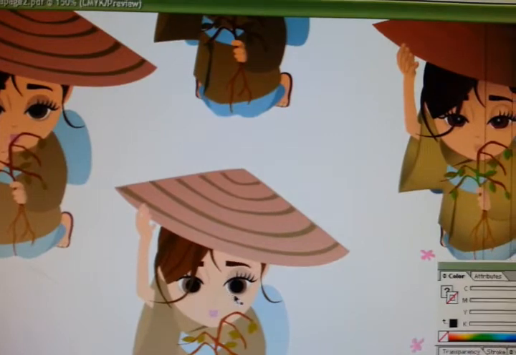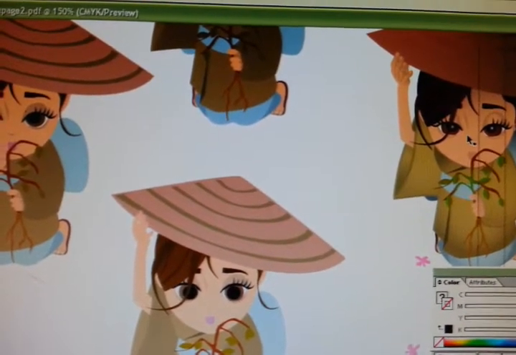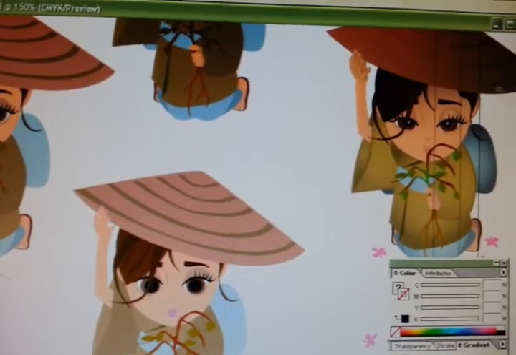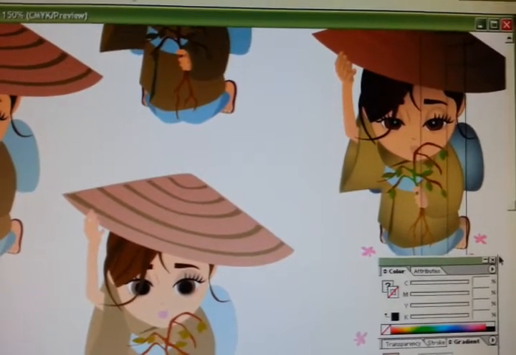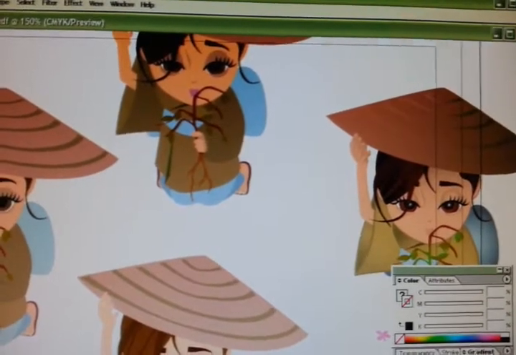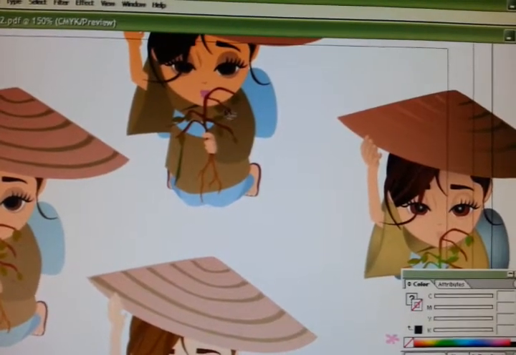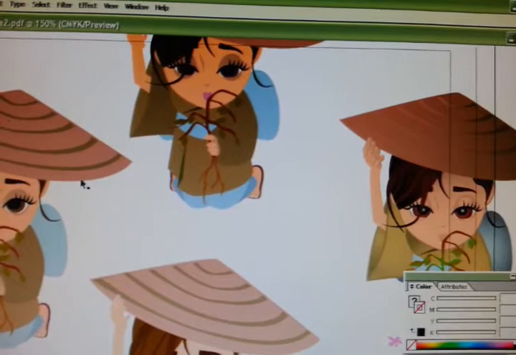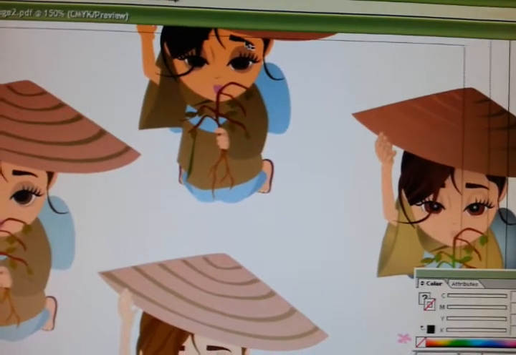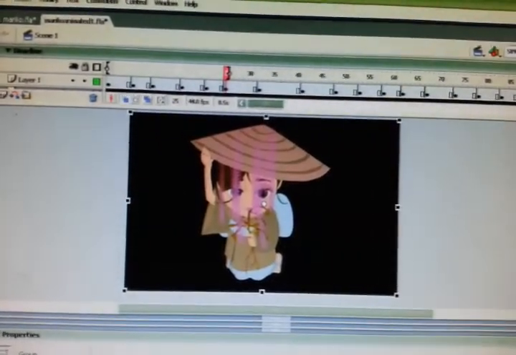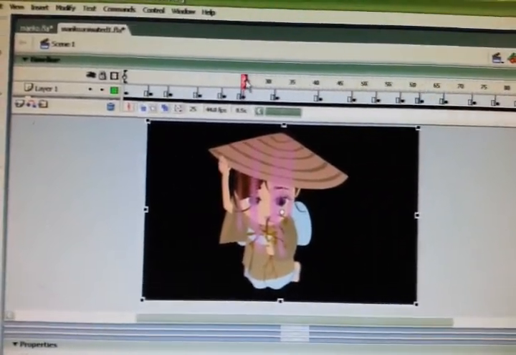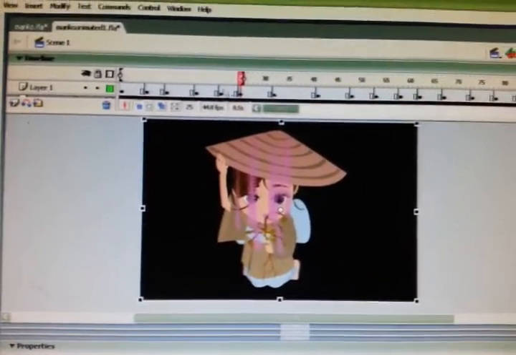See, her eye here is a lot bigger than her eye here. It's a little bit closed. So each time I create a motion still, there's one little movement. Her eye is bigger here, and then here it's a little bit closed. Her eyebrow is straight here, and in this still, her eyebrow is going higher. So then the complete project would go into copy and paste it into an Adobe Flash program, and then what